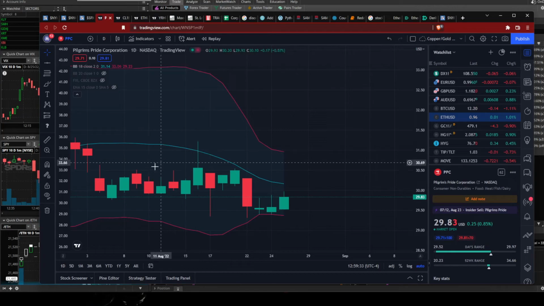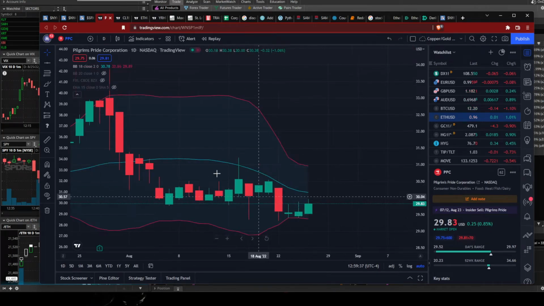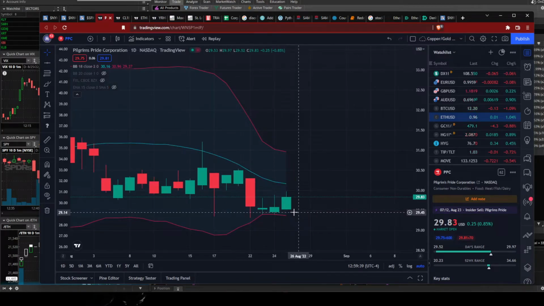Okay, we've been planning on this since like July. It's such a bummer. This is one of the ones I really wanted to get into. But if it gets down there again, I'm going to monitor this a little bit more closely. If we see a sell-off and it gets there, I will buy PPC, part of our meat thesis. Okay?